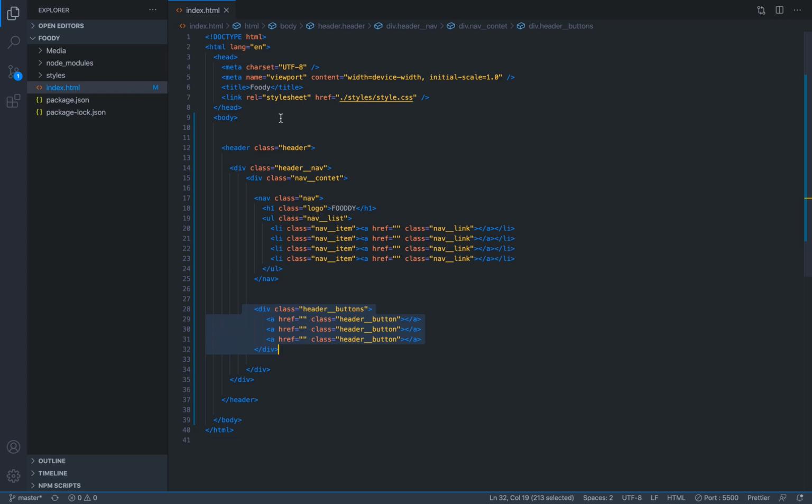So again, I'm going to remind you, we are going to use Sass. Sass is a CSS preprocessor, and you can also call it a CSS extension. Essentially, it will add some extra features to the CSS language, like for example, nested styling, functions, conditions, stuff like that. So a lot of stuff that you really needed in a CSS